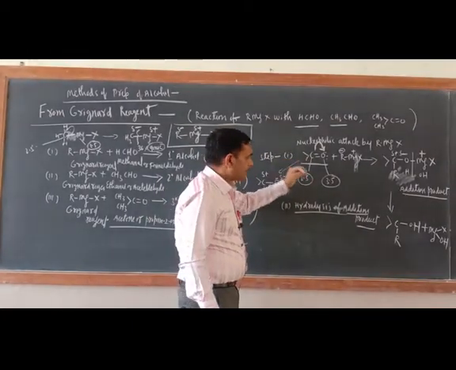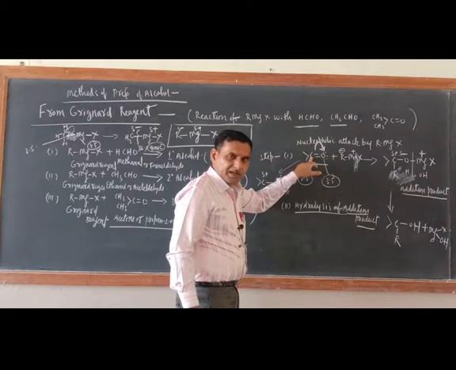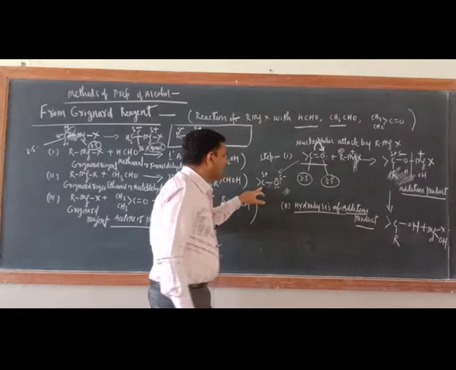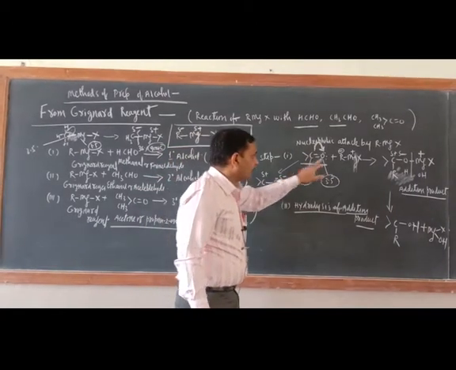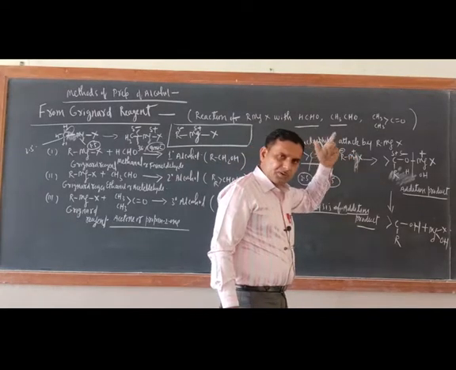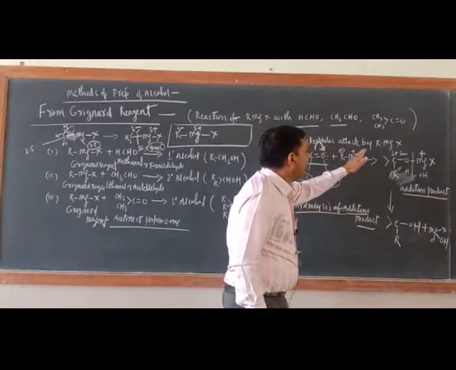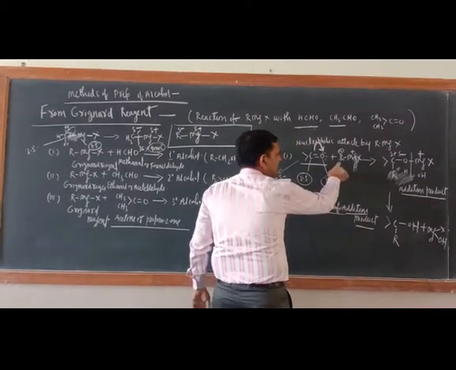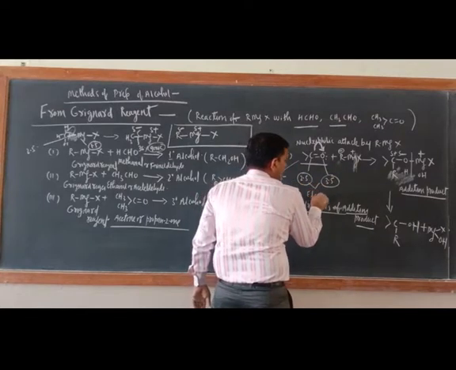Grignard reagent is also polar and this is also polar, so a dipole is generated. In carbonyl, the carbonyl carbon is slightly positive and oxygen is slightly negative. In Grignard reagent, R group is slightly negative and MgX is slightly positive. Now just see here. The first step is nucleophilic attack by RMgX. So just see, who will attack? This is 2.5 and 3.5, these are the electronegativities.